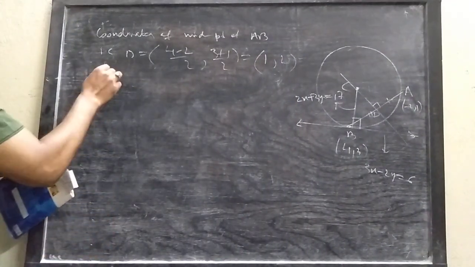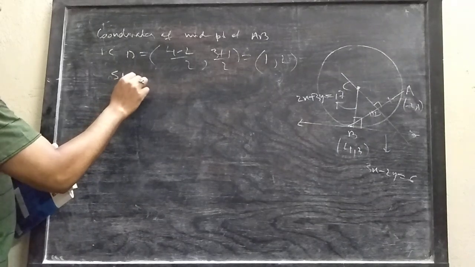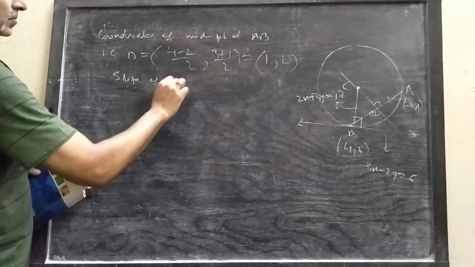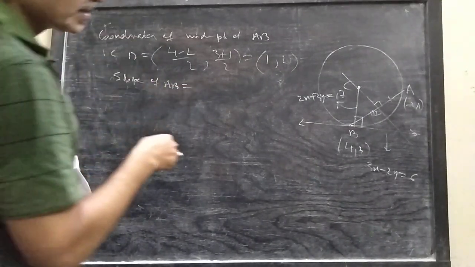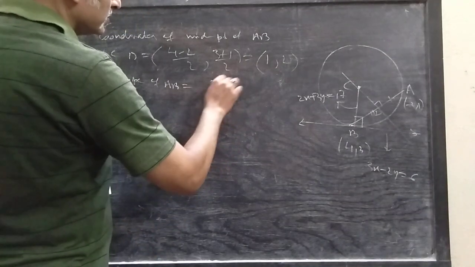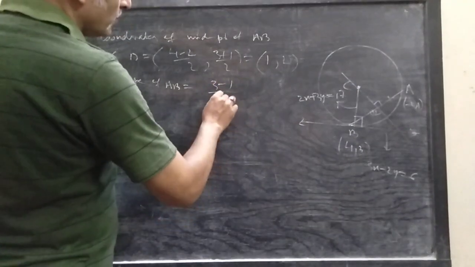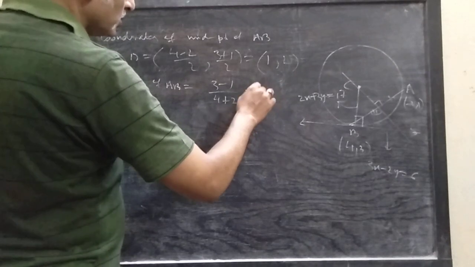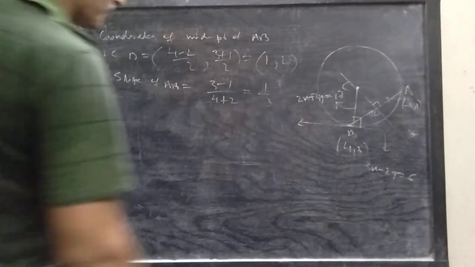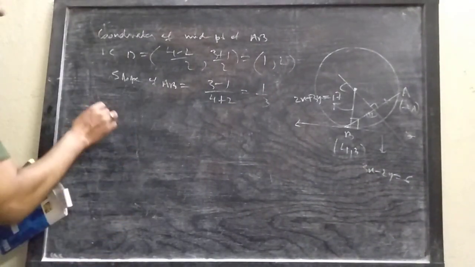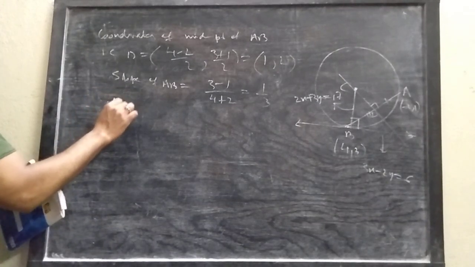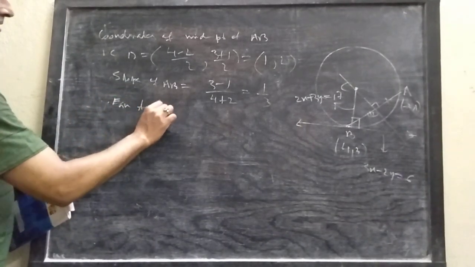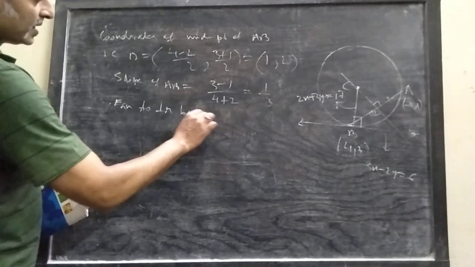Slope of AB is (3 minus 1)/(4 plus 2), that is 2/6, which is 1/3. Therefore, the equation of the perpendicular bisector